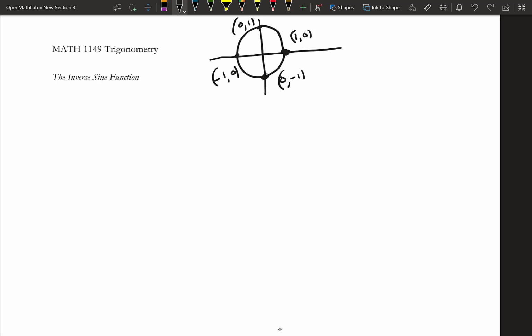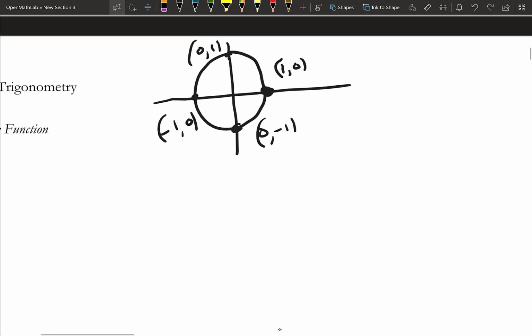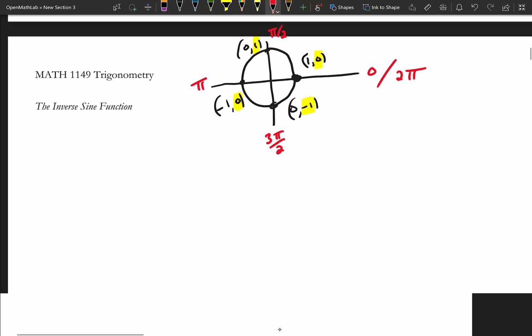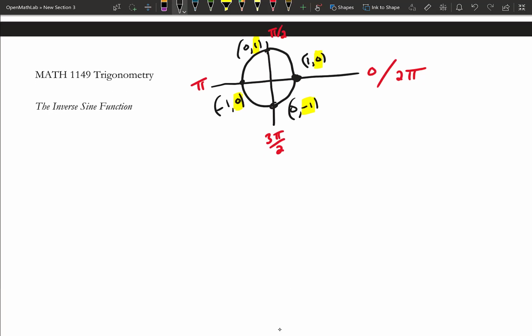Remember, sine has to do with the y coordinate, so we're focusing on these y coordinates for sine. I can label this 0, pi over 2, pi, and 3 pi over 2, and then back at 2 pi and so forth. So if we start to think about what the graph of sine looks like,